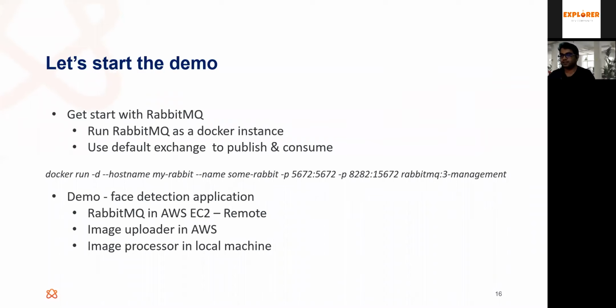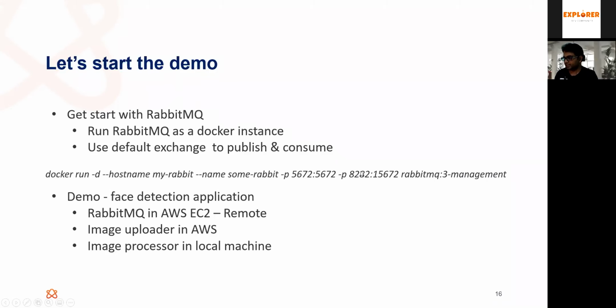As I mentioned, there will be two demos. One is a simple coding demonstration that I will do in my local machine. There's a RabbitMQ running as a Docker instance. So in your local environment, you can use this command to start RabbitMQ. Here I have asked to run it with the management interface as well. That's why you saw it.